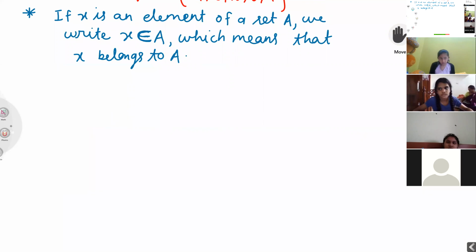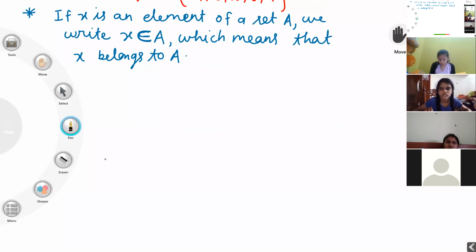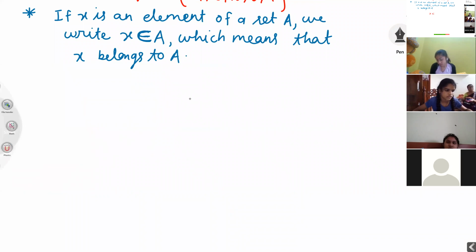Students, if I am writing like that, how to read this? x belongs to T. Got it, everyone? Is there any doubt, students, how to pronounce?